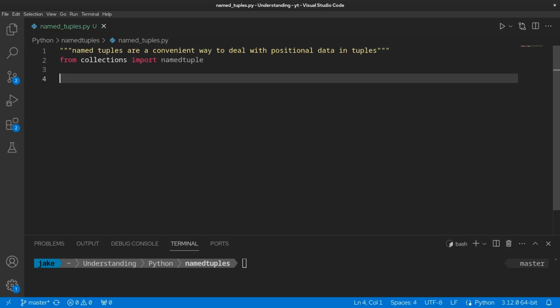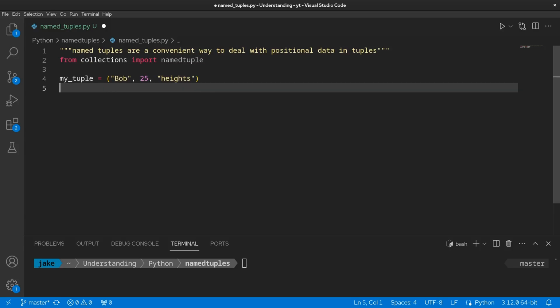to work with positional data in tuples. Take this tuple for example. If we look at this, we can see that Bob is likely a name. 25 could be a number of different things, but in this context, we could assume that it's his age. And then the last thing there, heights, we really can't tell, but we can assume that it's one of their